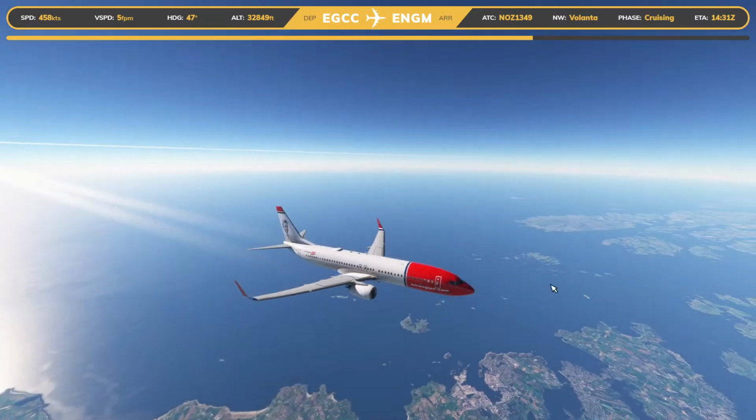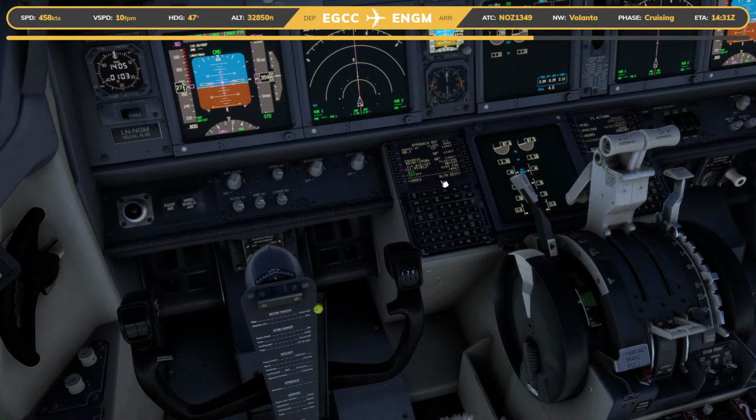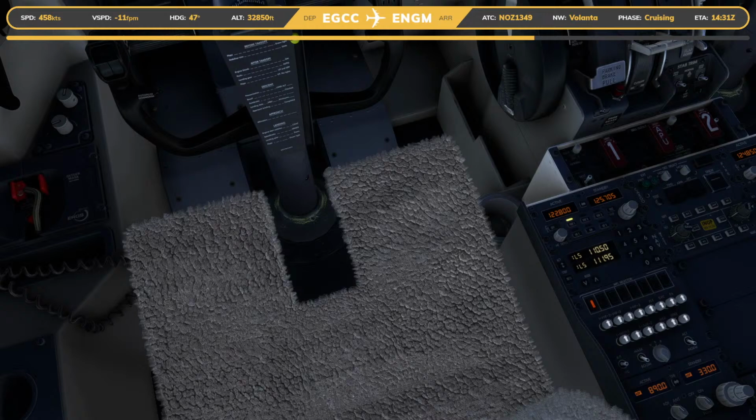Usually you don't see him, but I literally just saw him appear out of the clouds. It's pretty funny. Right, I was trying to enter the center info,